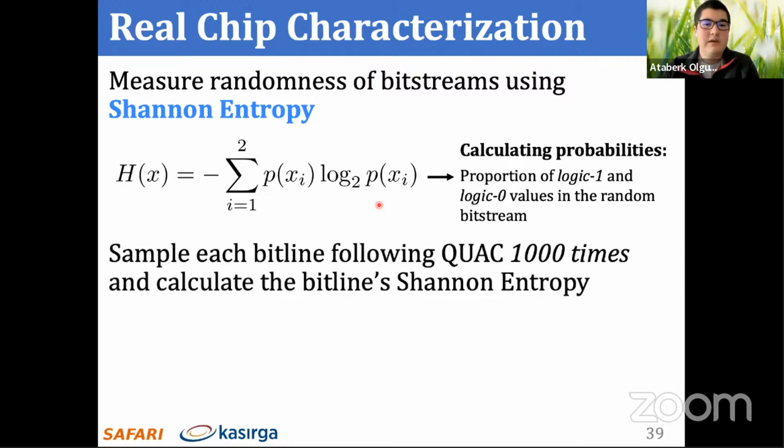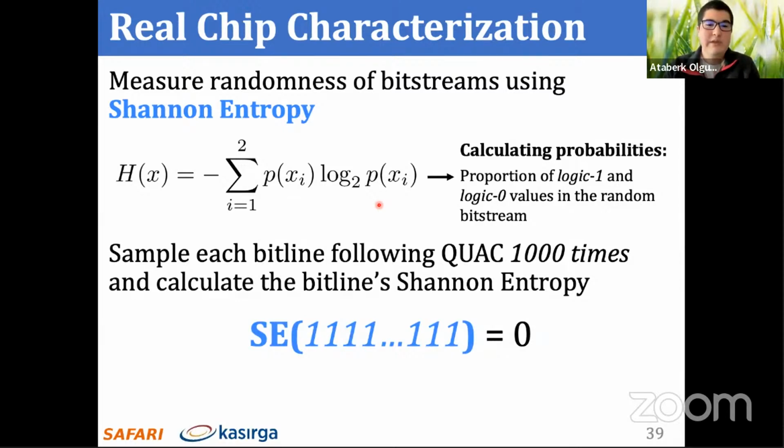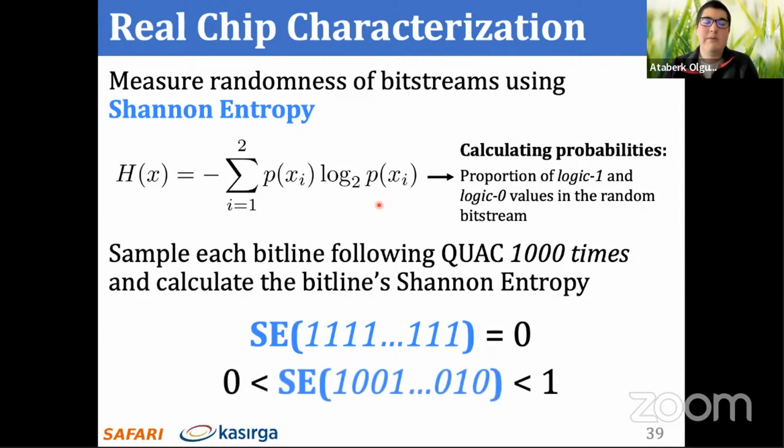And to calculate the Shannon entropy for each bit line, we repeatedly perform QUAC operations and read the sense amplifiers 1,000 times. The intuition behind this analysis is we expect a bit stream full of repeating values, such as all ones, to have 0 Shannon entropy, and a bit stream with an equal amount of ones and zeros to have